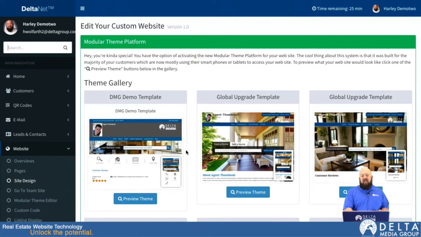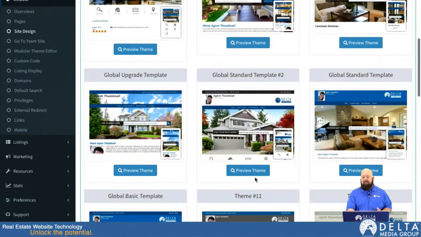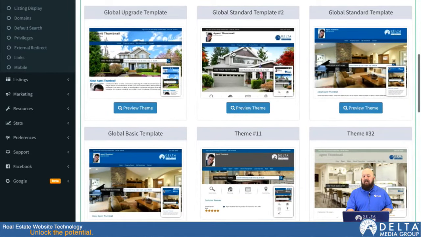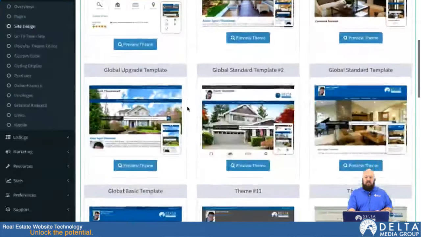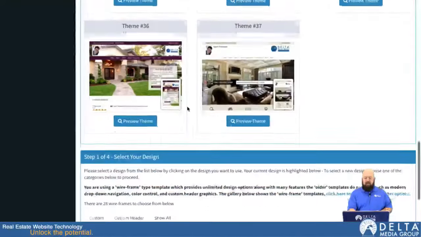Now, when you're choosing here, you're going to want to make sure to choose something that is as close as possible to the final design you want to go with. Just knowing that you can change out that background image, you can add or change a header graphic, and you can change out these colors. So keep all those things in mind. It's not imperative that those match up exactly with what you want, but you want the overall look of it to be pretty close, or as close as you can get, so that you have to make as few changes as possible. So once you select the one you want,